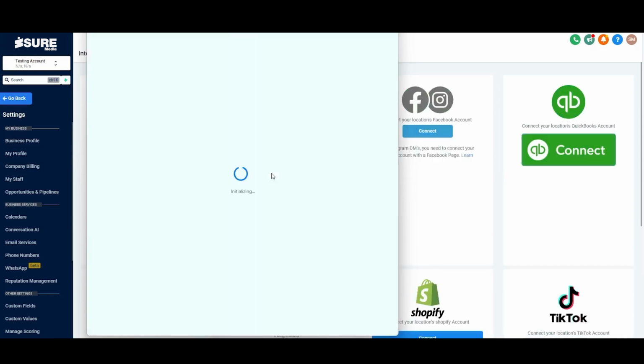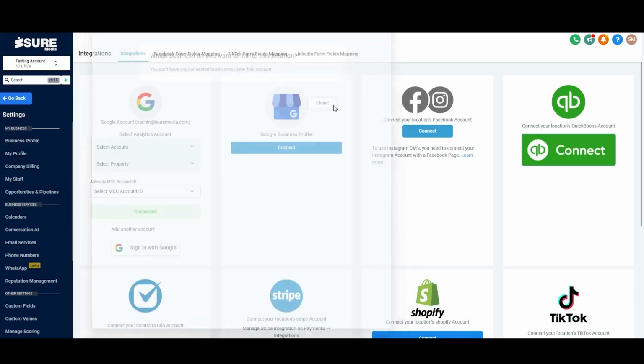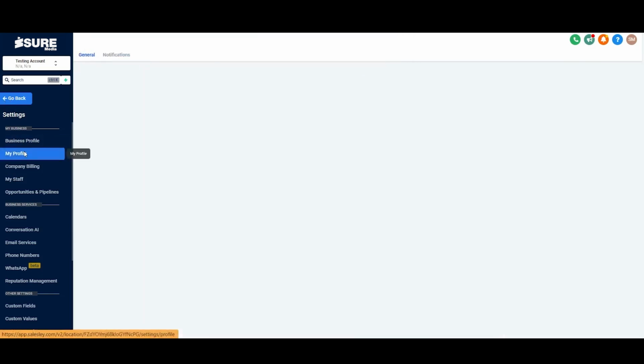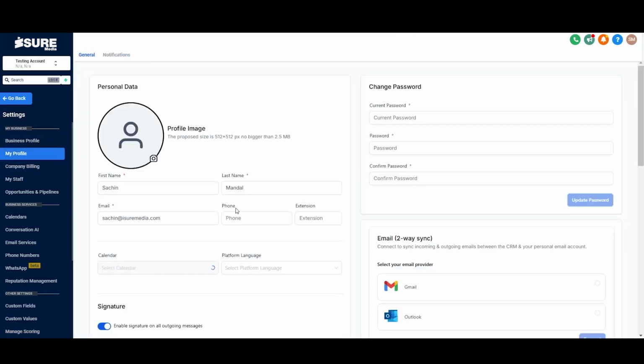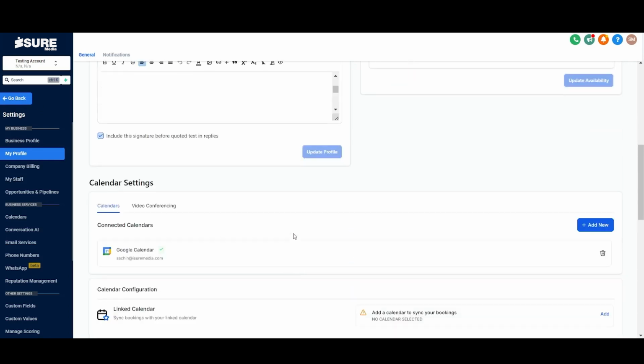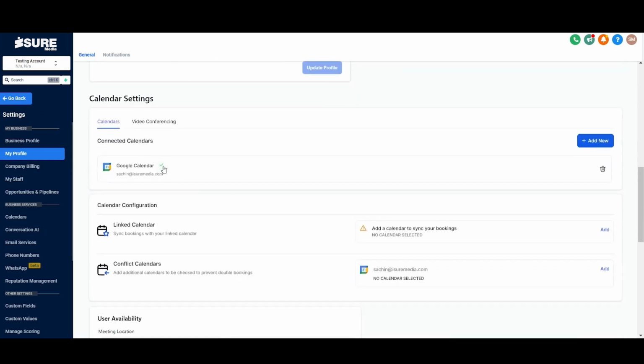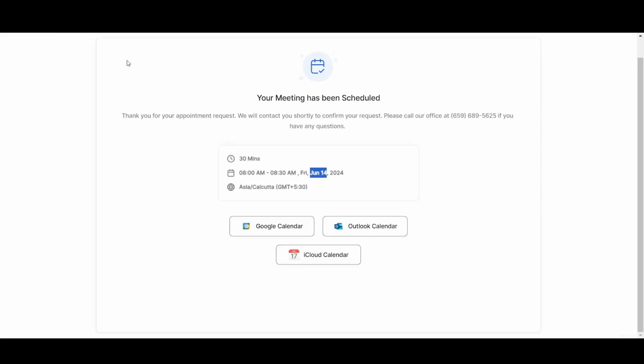Once you have done that, it will just take a time to integrate it. Once that is done, just close it. Now if I go to my profile, my Google account is connected with it, so it will show up something like this. Now if I book another call